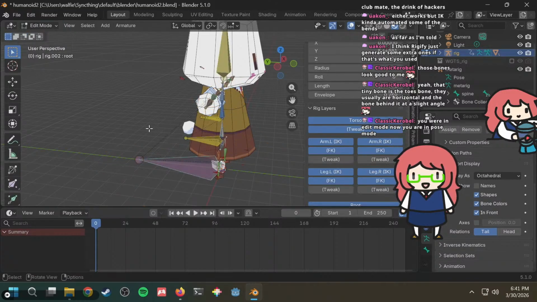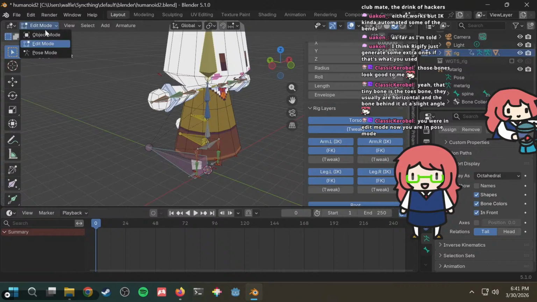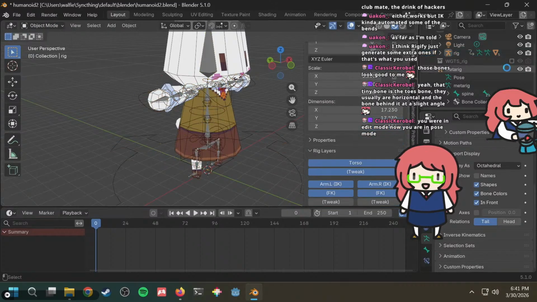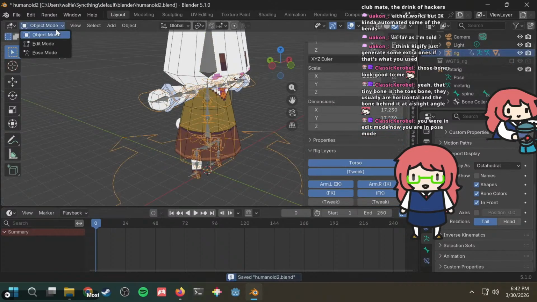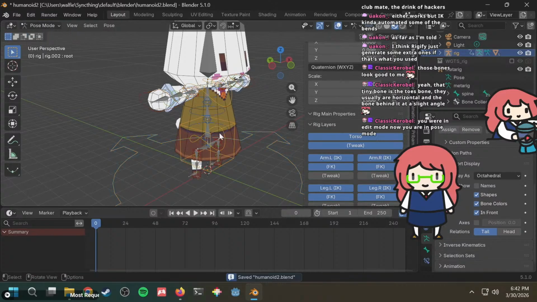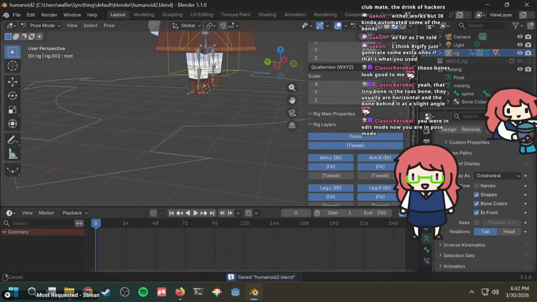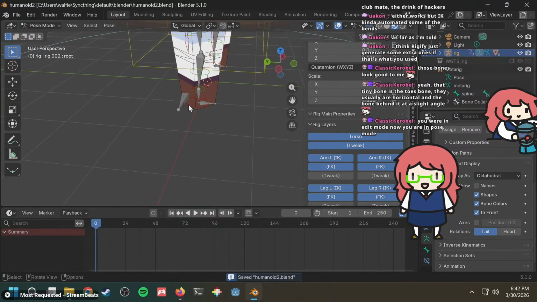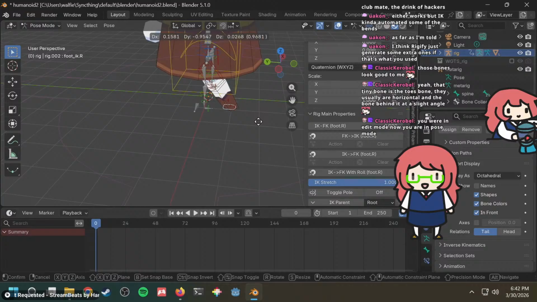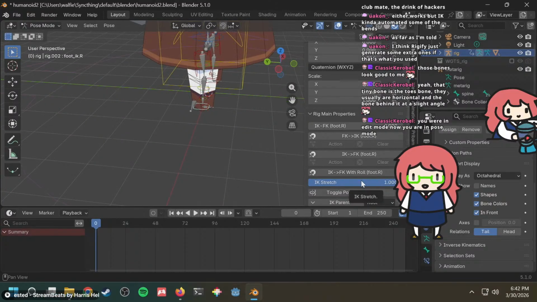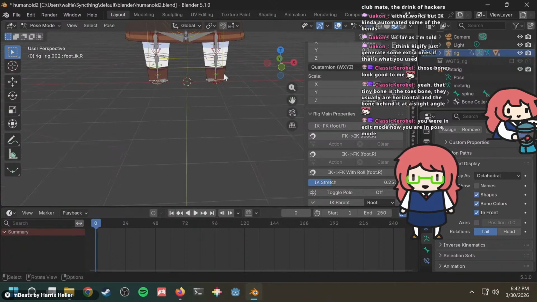Oh, were these always here and I just never saw them? Okay, that's what it is. I confused myself. I see, I understand now. Okay, well every time we do that, the IK stretch messes up. Let's go back here, change this back.